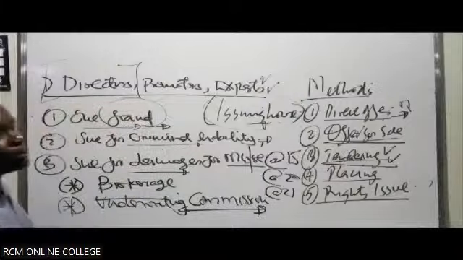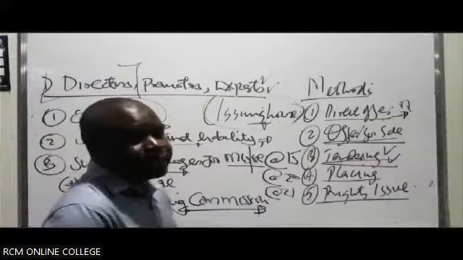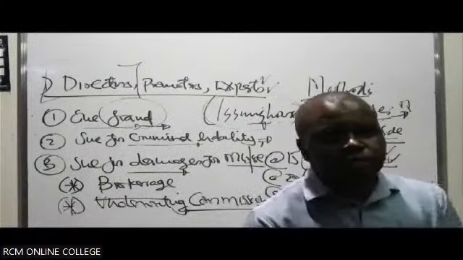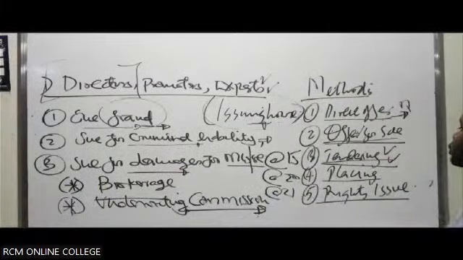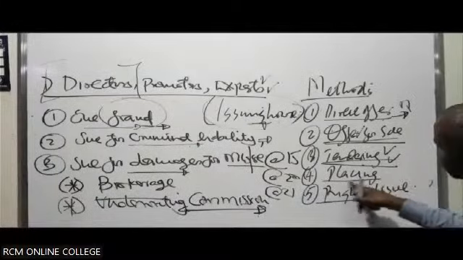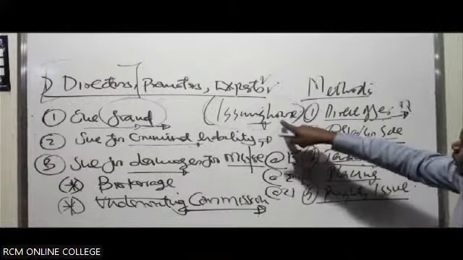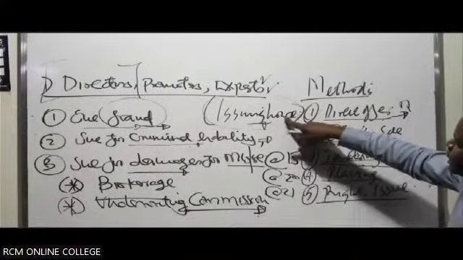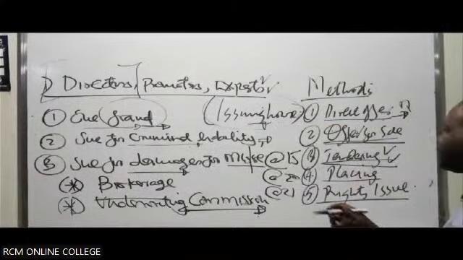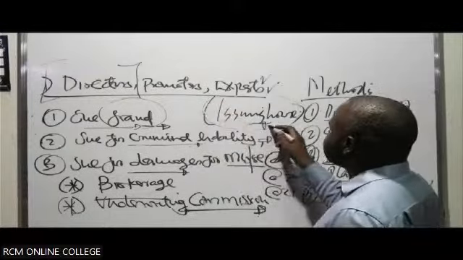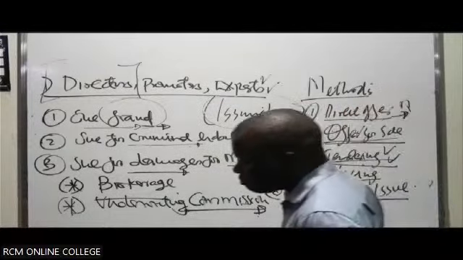So the one who puts in the best bid or proposal that suits the interest of the company is the one who will likely be allowed to buy the shares. That is what we call tendering. Then placing. Still the same case. The shares are given out or issued out or sold to an issuing house.